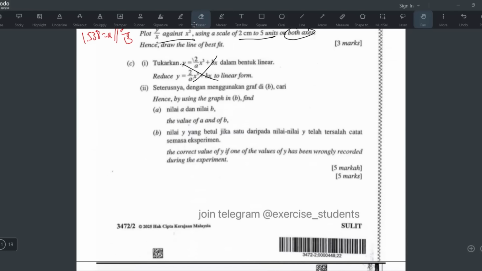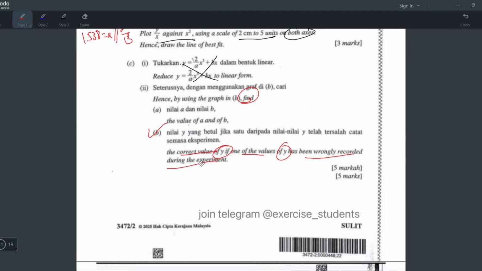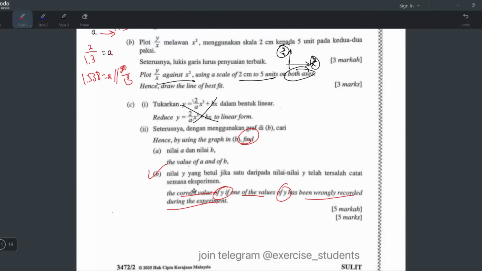This one. So this question B. Find the correct value of y if one of the values of y has been wrongly recorded during the experiment. Okay, for this type of question, I first recommend you don't find the correct value of y first. Before you get to the correct value of y, you first need to find out the incorrect. You have to find out the incorrect value of y over x first. Then, okay, this is question 2b. Okay, then you find out the correct value of